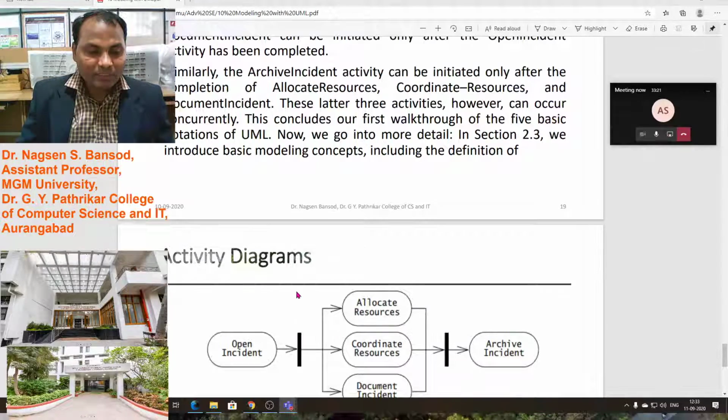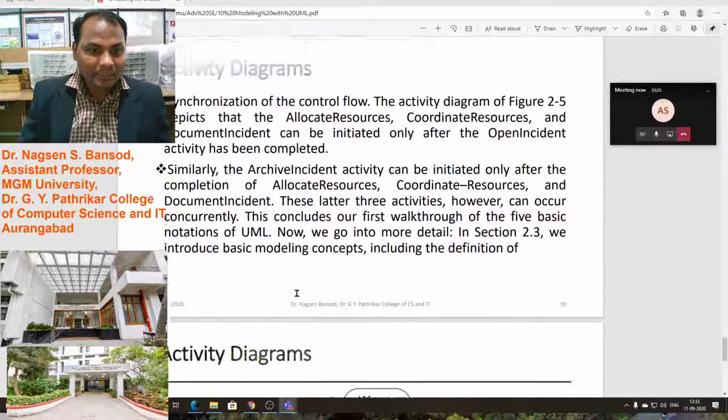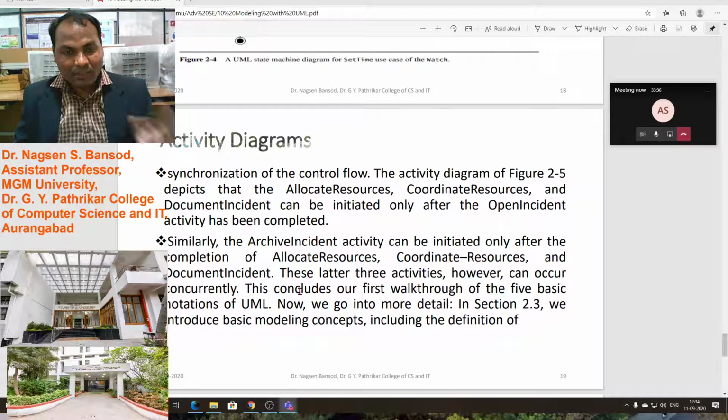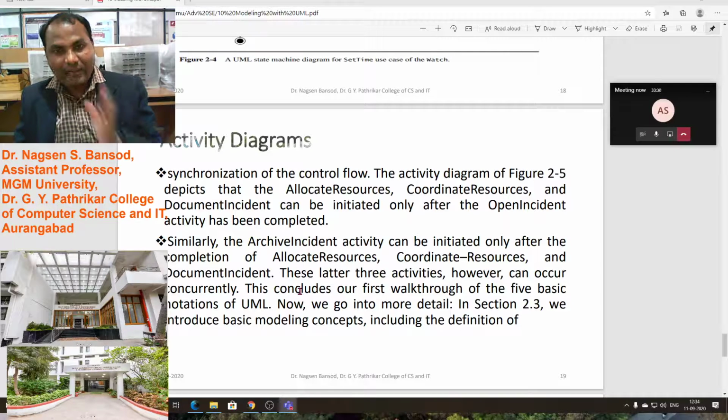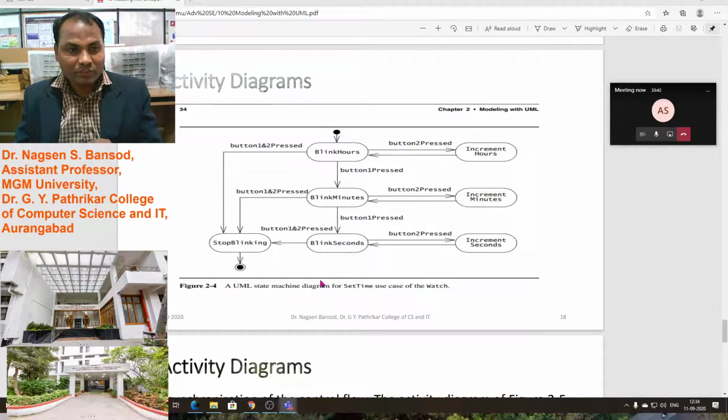In today's lecture, we have discussed the activity diagram. In this diagram, we show the internal activity as well as the association between the activity starter and the machine. Okay, coordination we show.